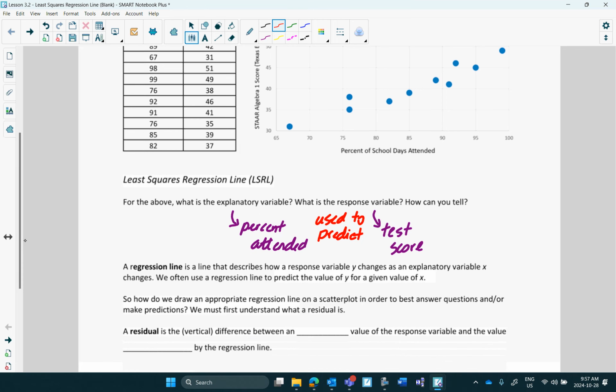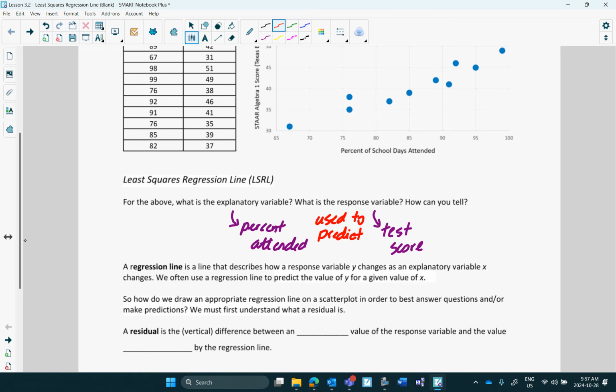use this information to predict other test scores. Like right now, we only have what, 8, 10 students. Okay, we want to use this sample to predict test scores for, say, all students in Texas, or all students at least in that county or city or wherever it is. So with that, we want to put a line in that is called a regression line, or a line of best fit. And that line